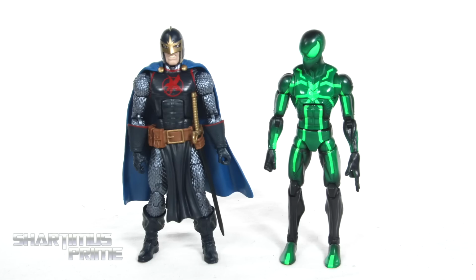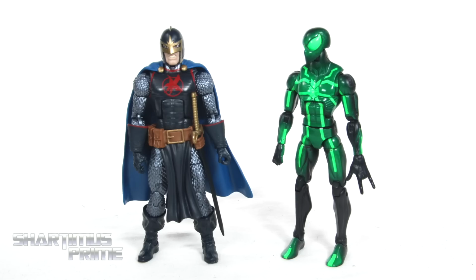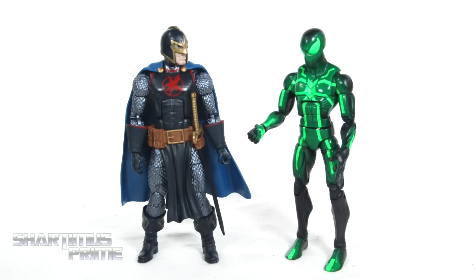Black Knight, huh? I don't see any black in your outfit, dude. Think you're a poser. Oh, you got that Ebony Blade, but aside from that, there's no black on you, you know? Not like my costume. Mine's supposed to be all black with some green highlights, and it looks...